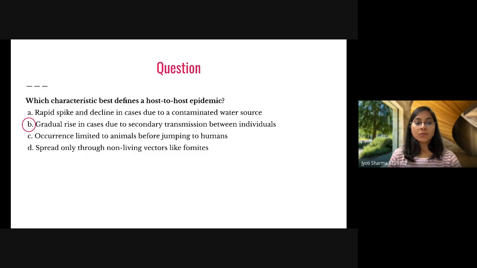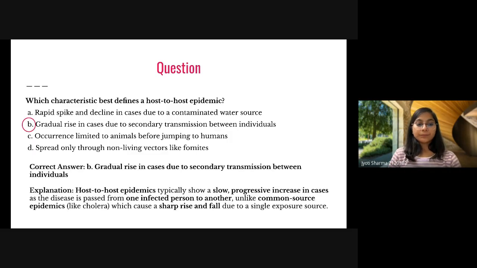But if it is host to host, then this will give you a gradual rise in cases. But if the infection is very fast, for example in COVID-19, then that can give you a rapid spike as well. So just see here, host to host